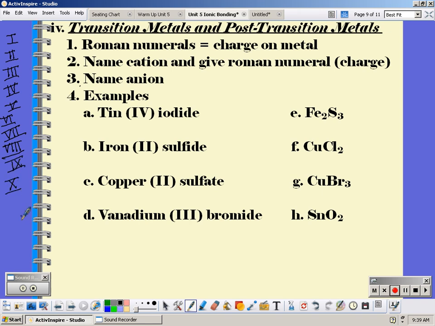So you're going to use the Roman numeral to indicate the charge on the metal. So you give the name of the cation and the Roman numeral to represent the charge. Then you name the anion. So for example,